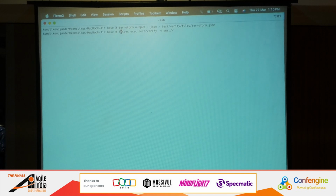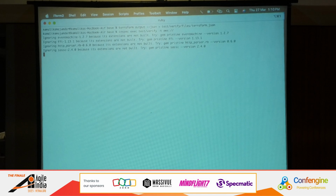And then you run the inspect command, which will go to the test verify folder, and it will run AWS. So this is the inspect resource or library for AWS. Likewise, it has a similar resource for GCP and Azure and things like that. You can go to chefinspect.io, you will find the list. And when you execute this,